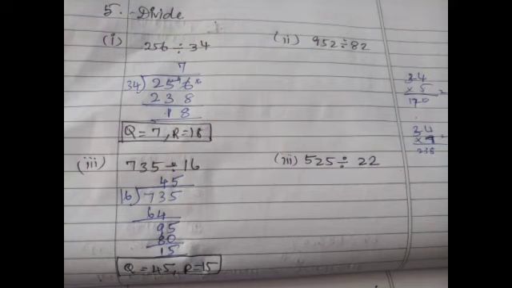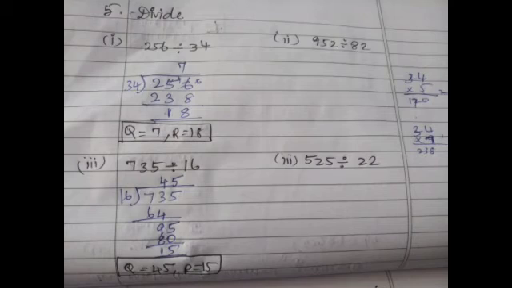The next model is division of 2 digit by 2 digit number, 3 digit by 2 digit number, and 4 digit by 2 digit number. So now the fifth sum model is 256 divided by 34. We do not know the 34 table, children, so we have to take 34 in the rough column, multiply with 2, multiply with 3, multiply with 4 and get ready with the 34 table. Now the first number 34 is a 2 digit number, take a 2 digit number inside 256. 25 is a 2 digit number, but 25 is smaller than 34, so take the 3 digit number 256.